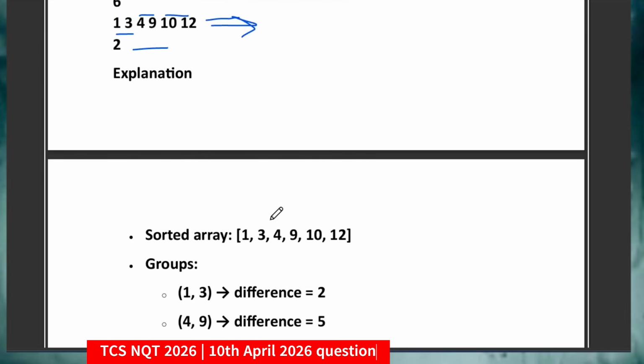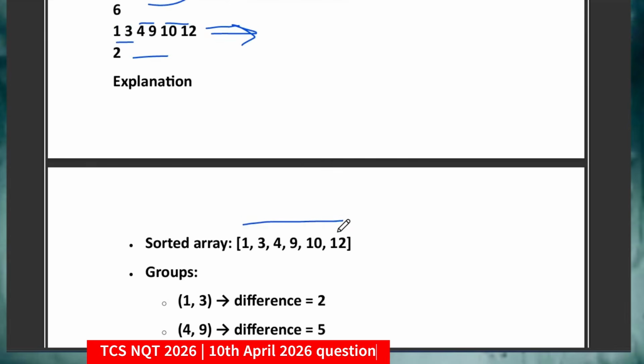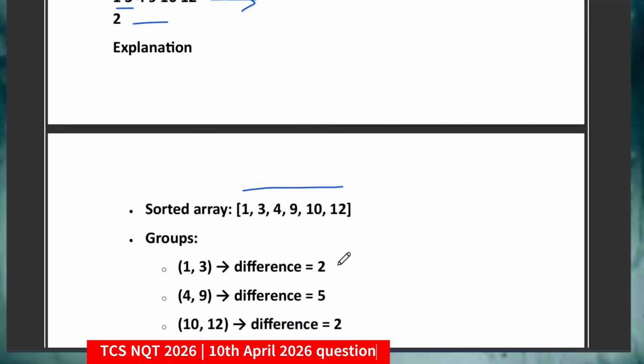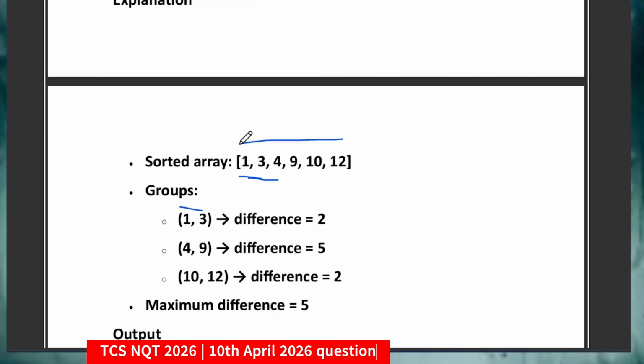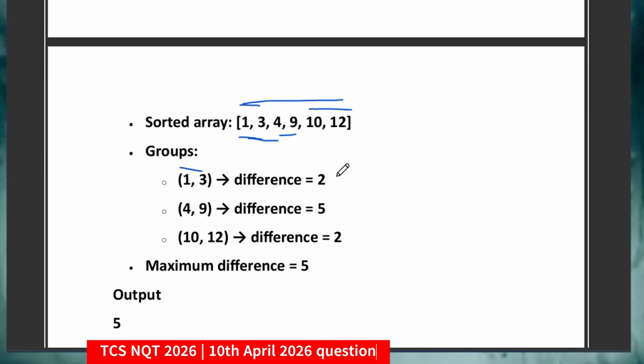That's it. So explanation what I'm trying to do here, first of all I will sort the array. So after sorting this you will get 1 3 4 9 10 12. I will compute the difference between each group सो इसमें कितने का ग्रुप बनाना है? 2 का. If they are saying you have to compute the group of 3, which is not possible I think, because you have to calculate the difference na. So here आपको जस्ट 2 ही लोग का ग्रुप बनाना है. And so if I will form the group, then 1 3 will make one group, 4 9 will make one group, and 10 12 will make one group.